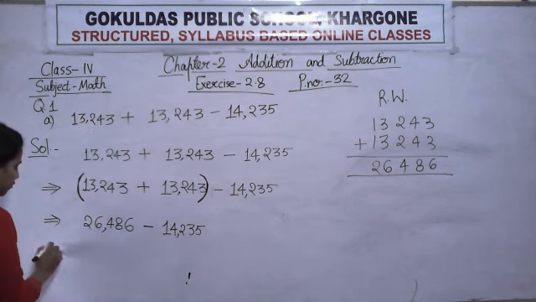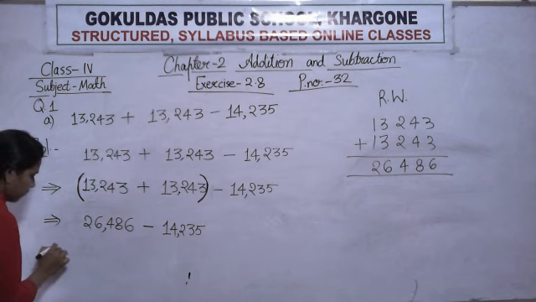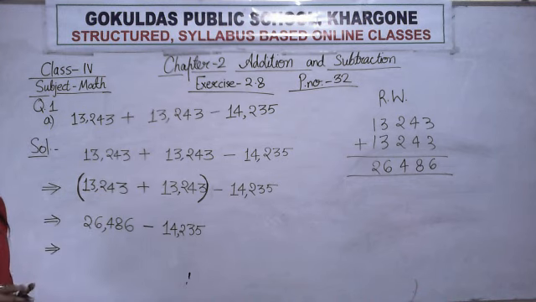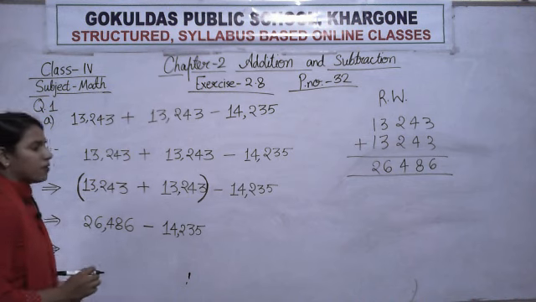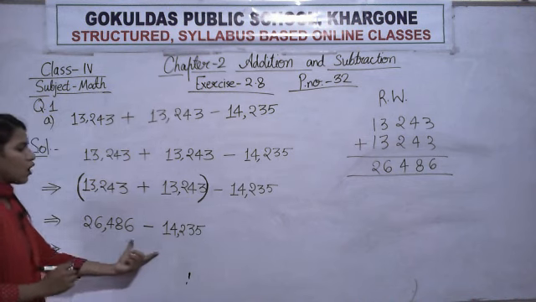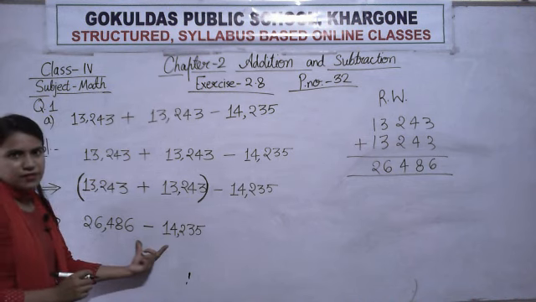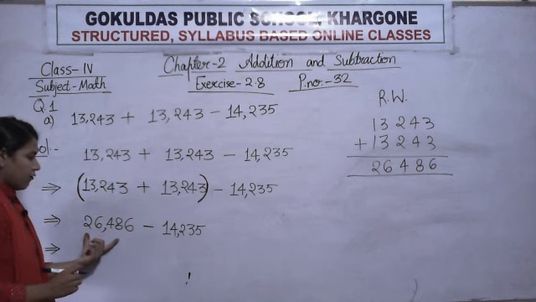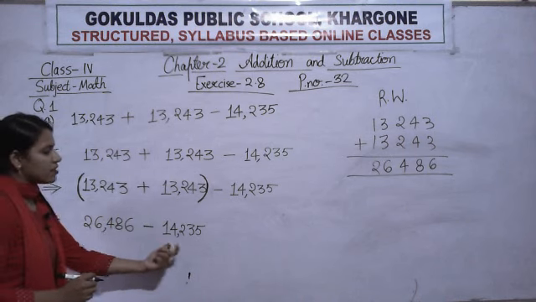Okay. Now again I am changing the step. So when you change this step, put this implies symbol. Remember, put this implies symbol. Okay. Now our step is, what step is? One large number minus this